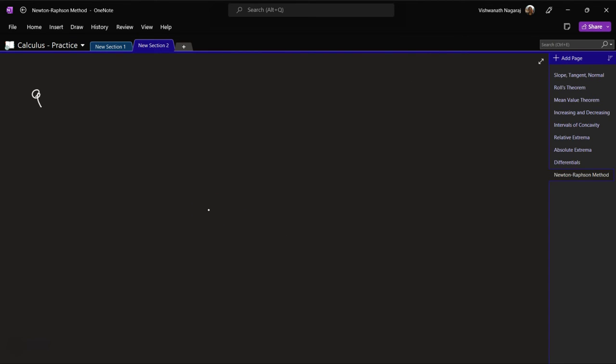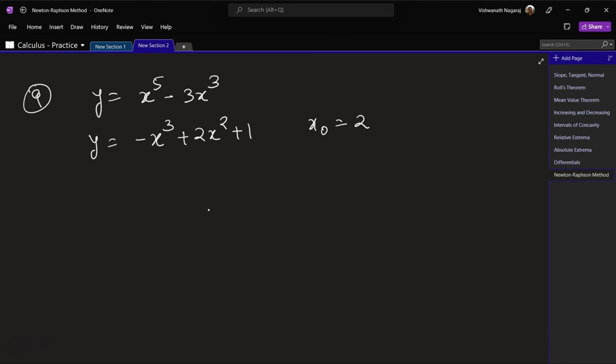Okay, ninth one, y is equal to x to the power of 5 minus 3x cube, y is equal to minus x cube plus 2x square plus 1, and x naught is given as 2. Again we have to figure out the value of x for which these two are equal, or in other words they intersect each other. So x to the power of 5 minus 3x cube is equal to minus x cube plus 2x square plus 1,